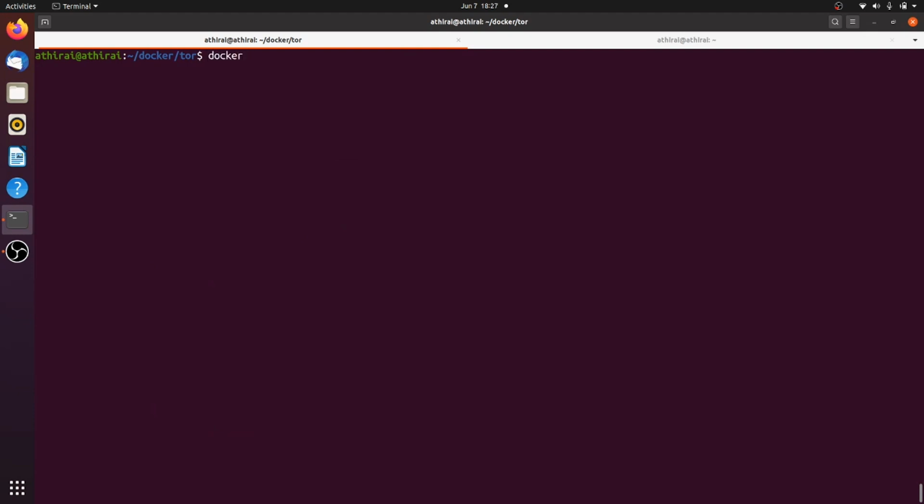We have to use docker run. Before that we have to do xhost +, so we get the X access. We have explained about this in the previous video. We have to run the container with docker run in interactive mode.